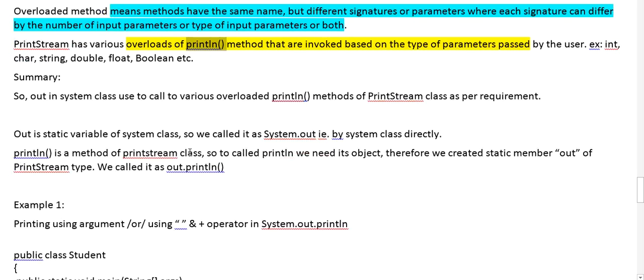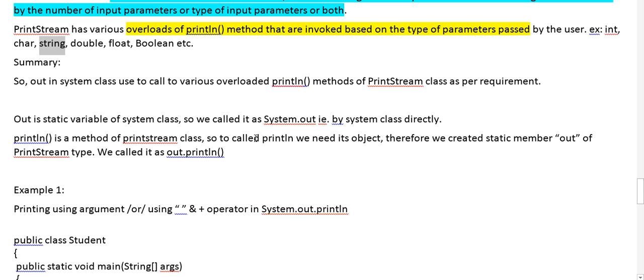Then a small summary of what we have discussed till now. So out is a static member in the System class, which is used to call the various overloaded println methods of the PrintStream class as per the requirement within the program, whether it's an integer argument passed, or double argument, or string value passed.